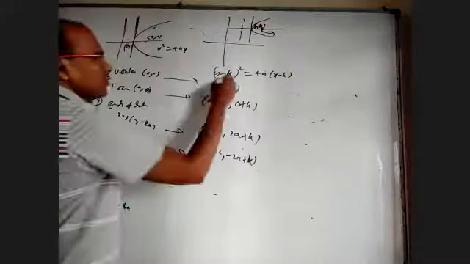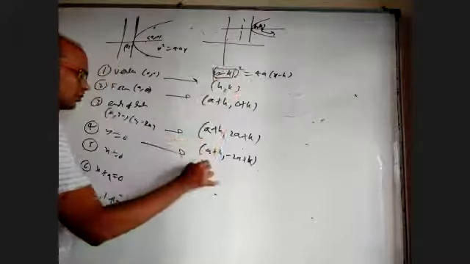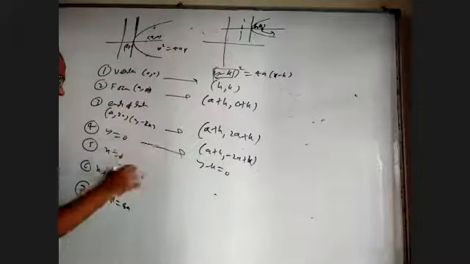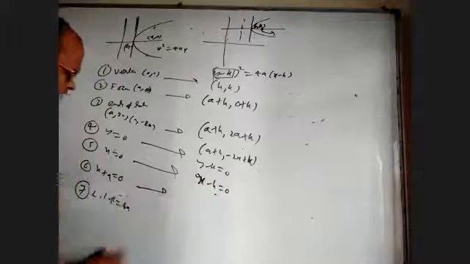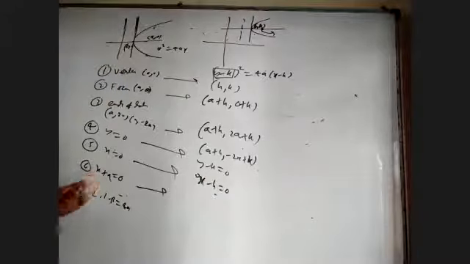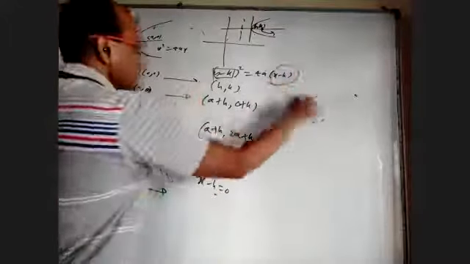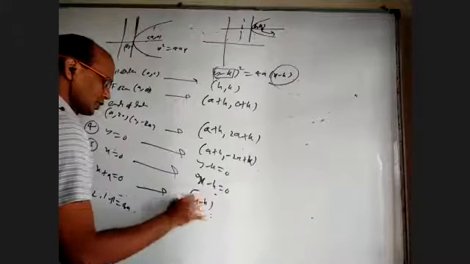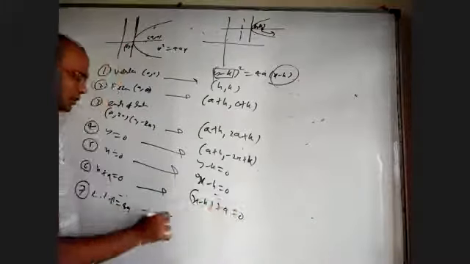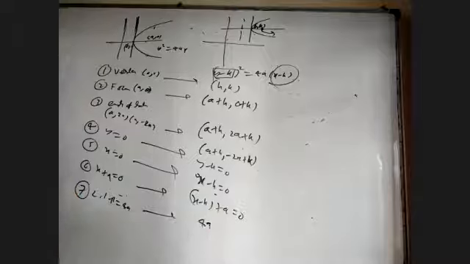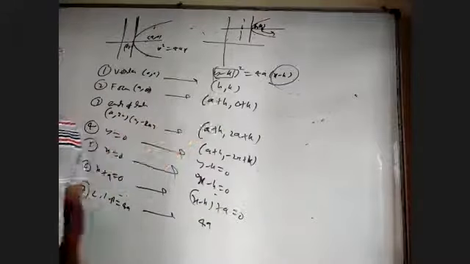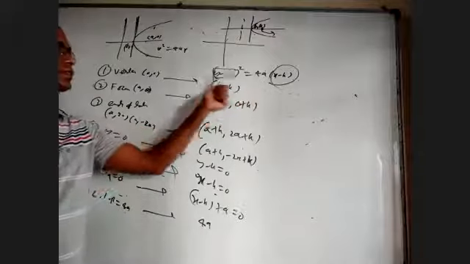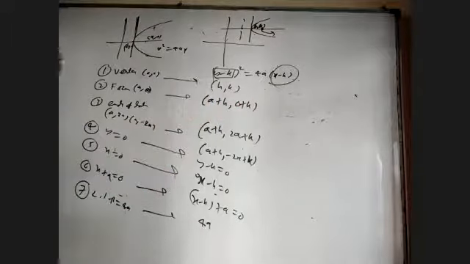In the equation, wherever y is there, simply write y minus k. So y minus k equal to 0 is the axis. Now x minus h equal to 0 is the tangent at the vertex. The directrix is normally x plus a equal to 0, but now that x you have to replace with x minus h, so x minus h plus a equal to 0. The length of the latus rectum doesn't change. So basically, for any point you have to add h and add k, and in any equation replace x with x minus h and y with y minus k.